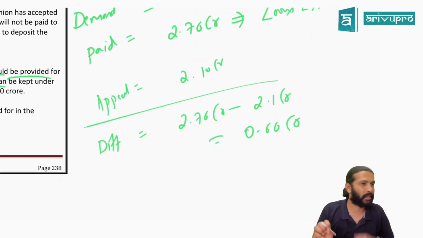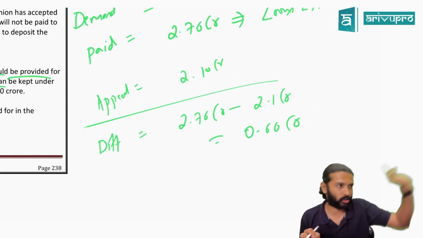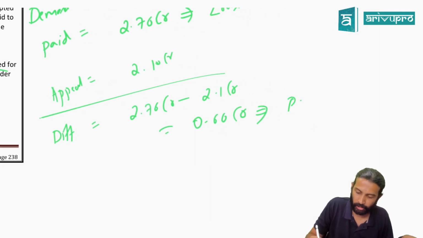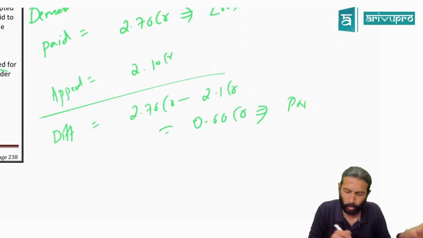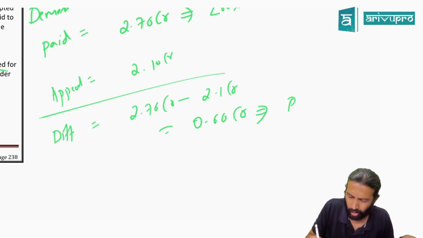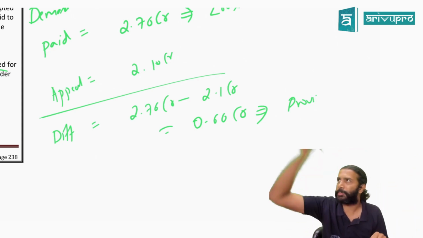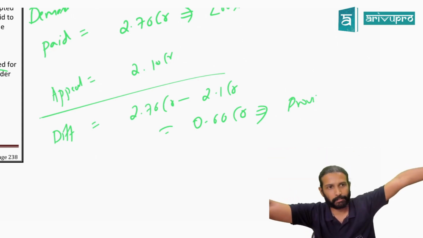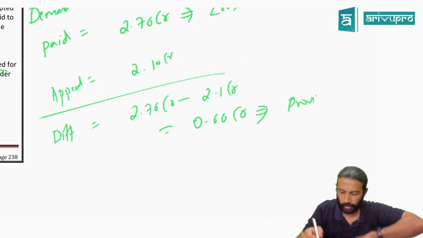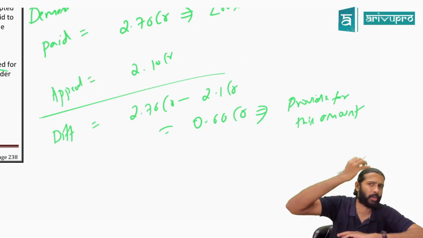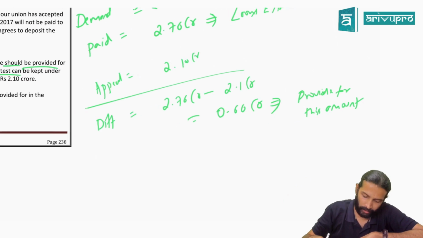Are you going for appeal for this or not? Since you're not going for appeal, that means you accept that this is your actual tax amount. Provide for this, meaning book this as provision. Make the payment for this. You already paid it, book it as provision also for this. Basically you can book it as tax liability only. First you make provision for tax, then you pay that tax. So you have paid the tax, make the provision, set it off. Deal done. That's what they mean by provide for this amount. Got it? Actually, this question is a little tricky for your level, but are you able to understand a little bit now?